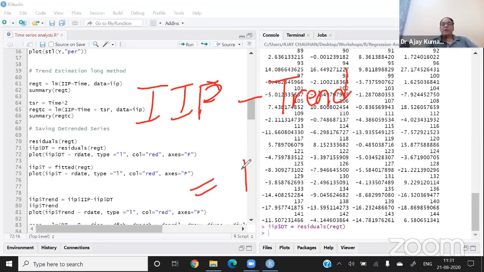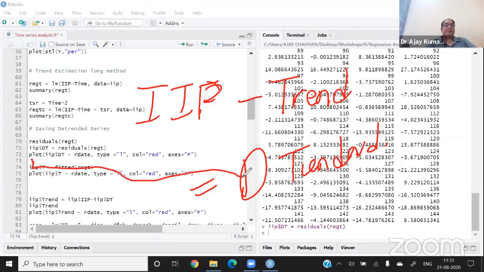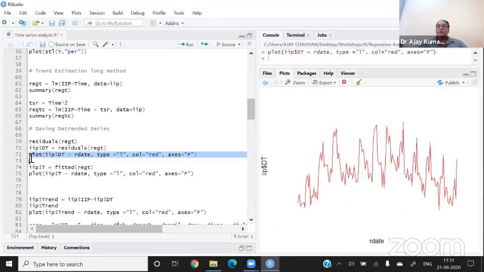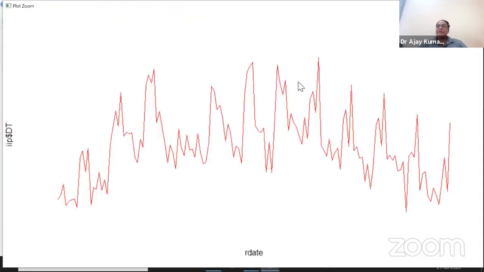So now I have a detrended series. The detrended series is like this plot. I'm showing you the plot of the detrended series, and just see the magic. Let me show you the detrended series plot. Okay, so I'm showing you this series in detail. This series is a detrended series. It means if I remove the trend from the IIP, the series looks like this.